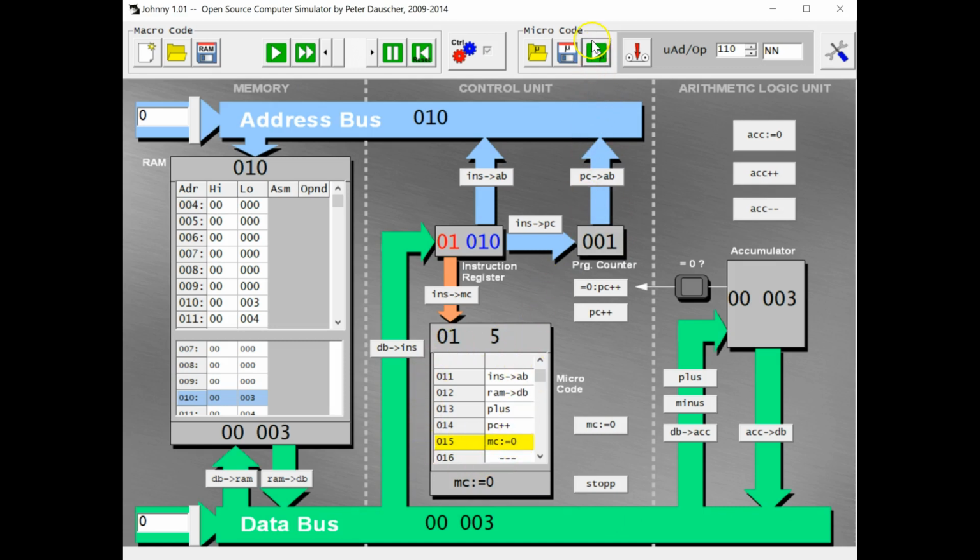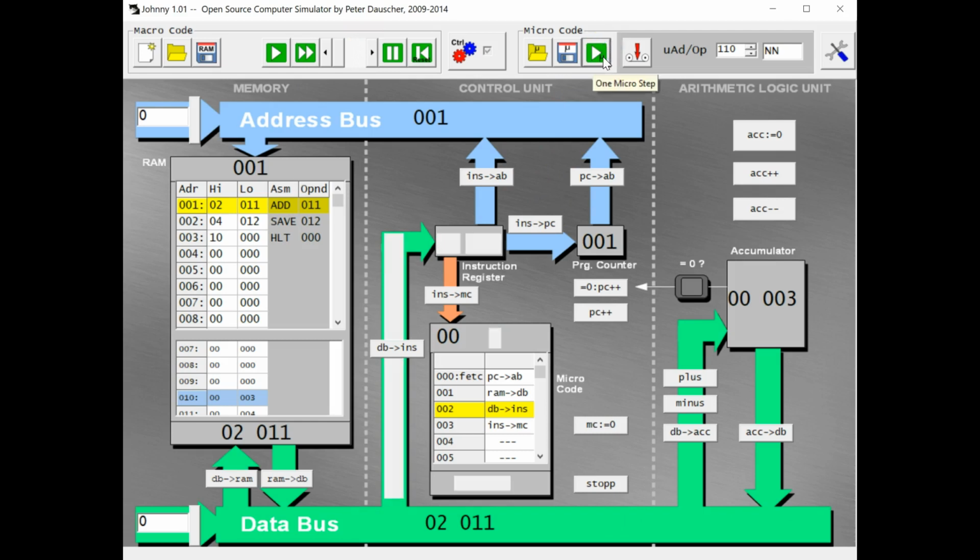In this part here, it jumps back to the fetch instruction. So the next cycle starts again. It's doing a new fetch, but now with a new program counter, 01, and then the whole stuff starts again. So I can click through that again. Goes to location 1. It pulls the next command on address 1 to the databus, puts it in the instruction register and decodes it by jumping to the right location in the microcode, the add